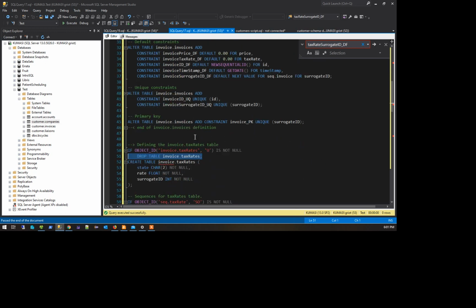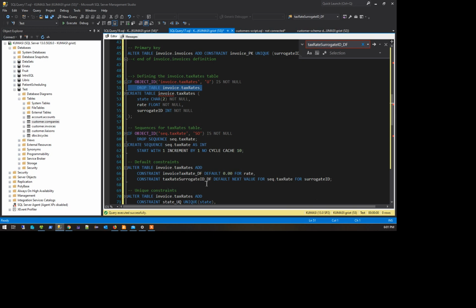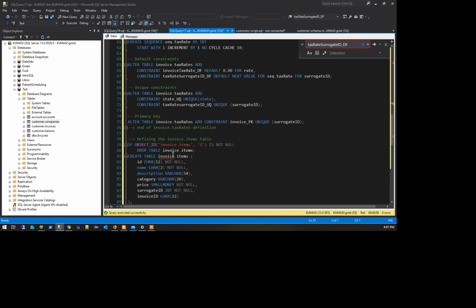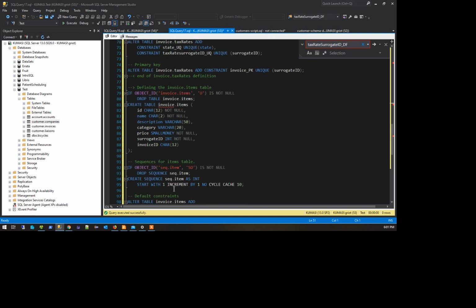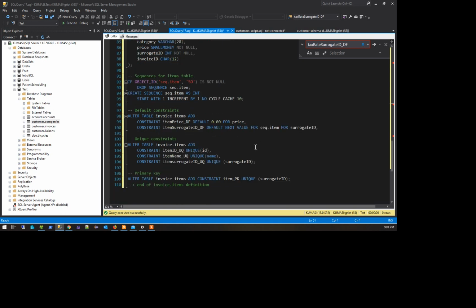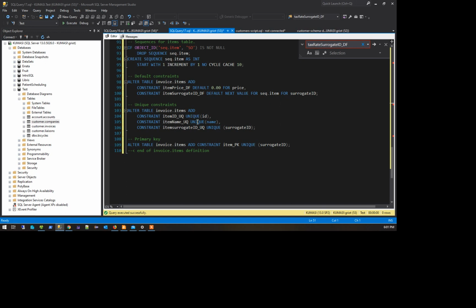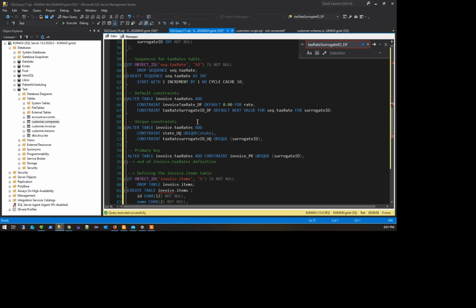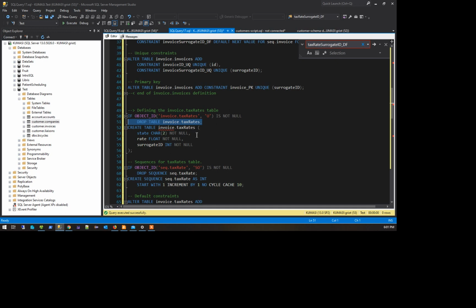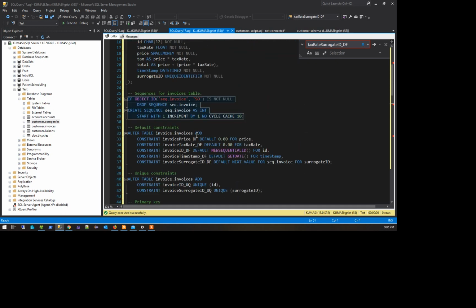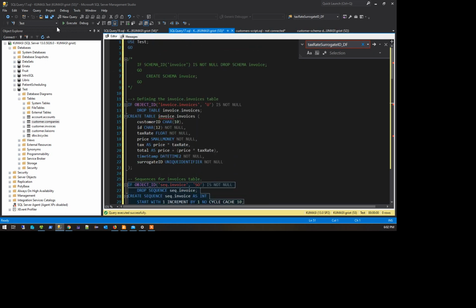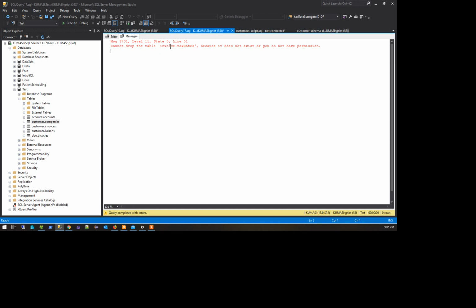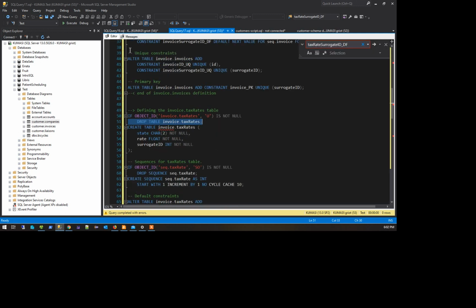and I suspect that I might have tax rate surrogate ID, tax rate for surrogate ID, invoice.tax rate, not tax rate, this item, sequence.item. Let's try it again. Cannot drop table. Okay. So this is good. If object ID invoice.tax rates is not null. Oh, because I had that. So